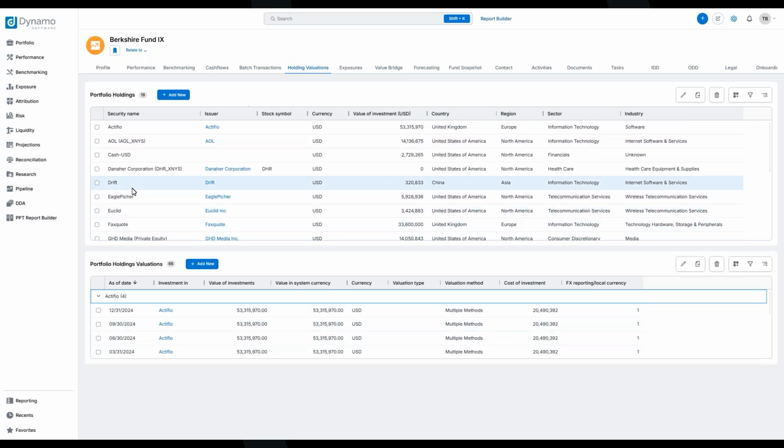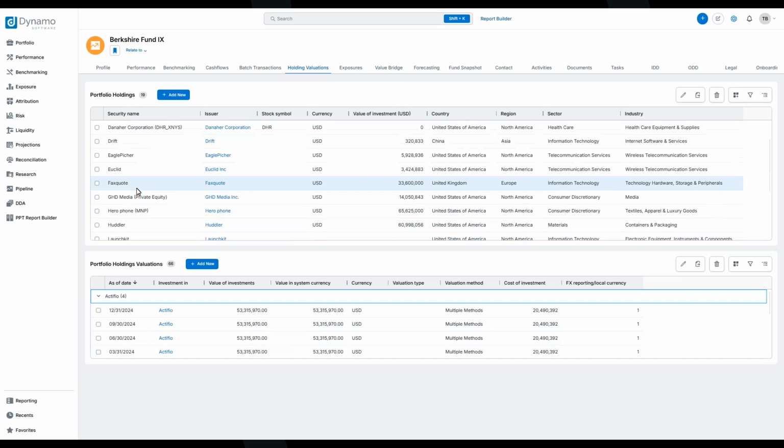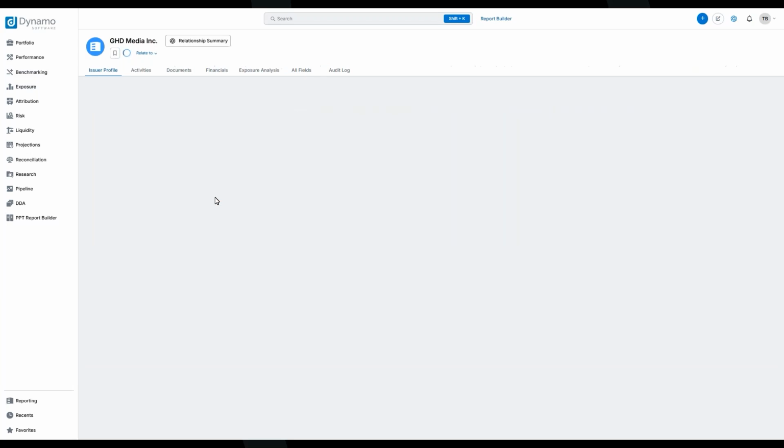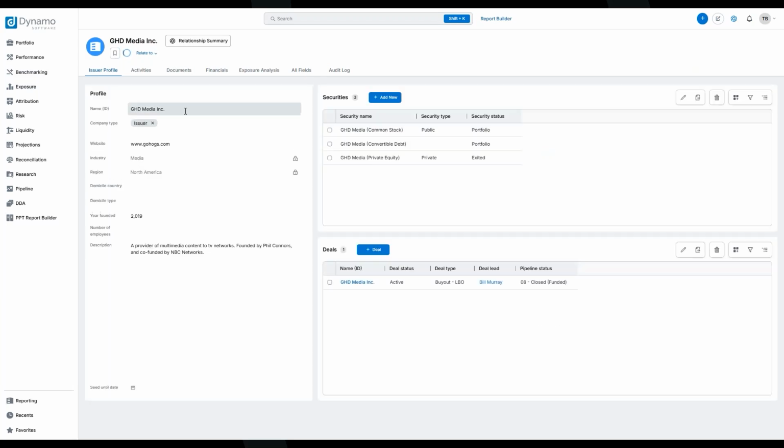All right, from here, I want to go to the next level. I want to continue to drive down to get more information about what's driving our exposures, what's driving the returns of the funds we're investing in. Here I can see that I'm invested in GHD Media Private Equity. The issuer is GHD Media. I've got some of the details here, but I want more information. So I have the ability to just click on this, and it will take me to GHD Media,